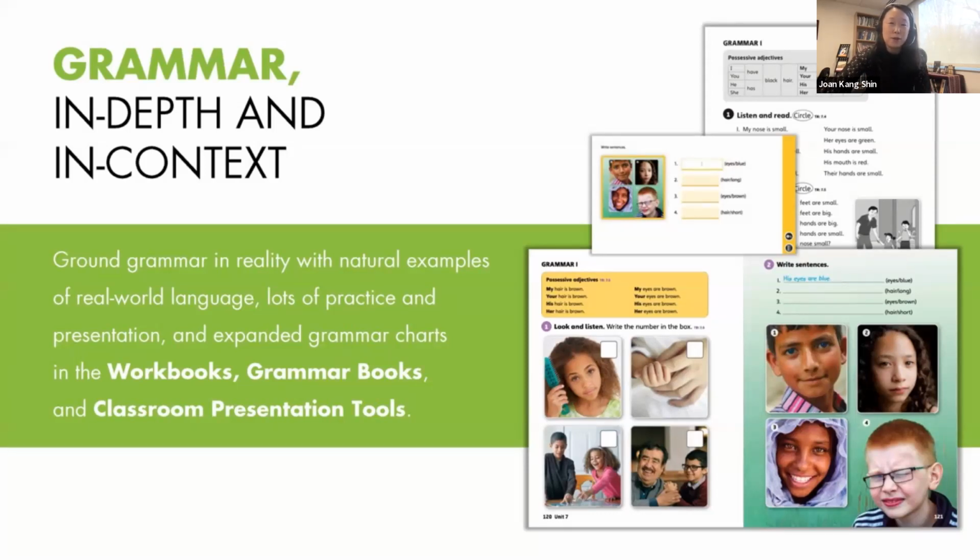support in Our World with 2 grammar lessons per student book unit, grammar practice in the workbooks, separate grammar workbooks, practice in our online practice, practice in the classroom presentation tool, as well as grammar in-depth information in the lesson planner. So all the support you need for all of those grammar lovers out there, presenting grammar in a way that is developmentally appropriate.